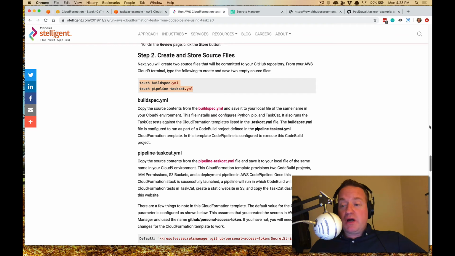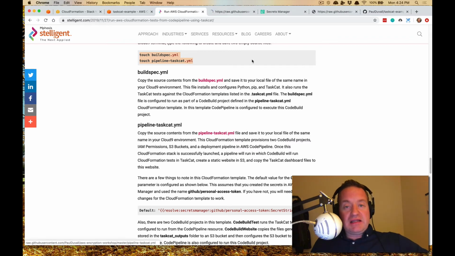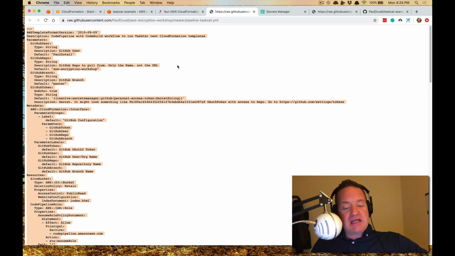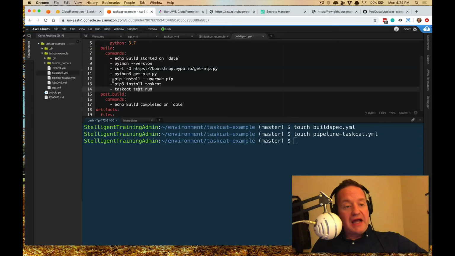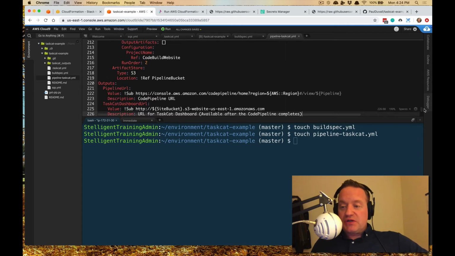And then the next one I'm running is the full automation of the whole solution. So it's called Pipeline TaskCat YAML, but it's also creating the S3 bucket resources. It's creating a couple CodeBuild project resources. You'll see those in a moment. IAM permissions, the pipeline itself. And so we'll click on this. We're going to select all, copy it, go back into Cloud9 IDE, paste this,